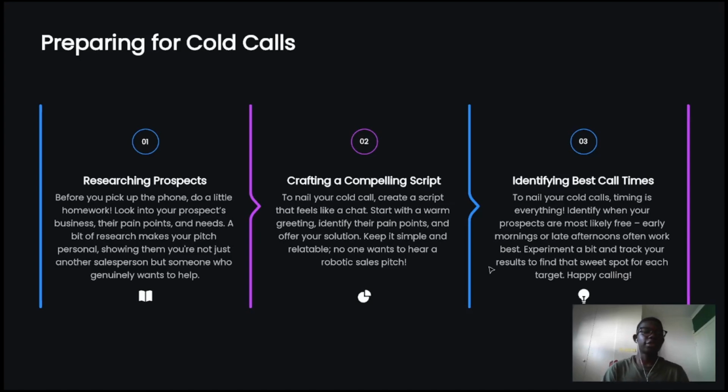First, you want to research your prospects. Before you pick up the phone, do a little homework. Look into your prospects' business, their pain points and needs. A bit of research makes your pitch personal, showing them you're not just another salesperson, but someone who genuinely wants